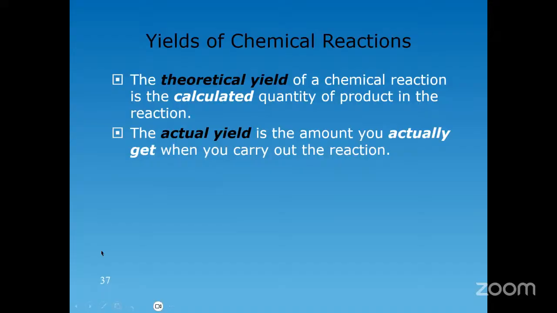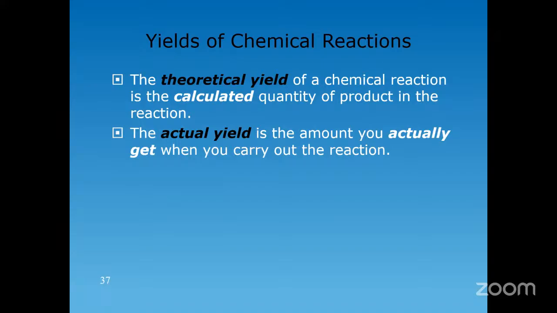So at this juncture, it's very important that you understand the difference between what is called the theoretical yield and what is called the actual yield. The theoretical yield is the amount of product that you expect to get based on the limiting reactant. So like the example that we just looked at, the amount of product you expect to get would be the theoretical yield. In a perfect world, that's what you'd expect to get. The actual yield, as the term suggests, is the amount of product that you get when you do the experiment, isolate the product and weigh it. That's the actual yield. And what you'll find is that the actual yield is very often less than the theoretical yield. In fact,